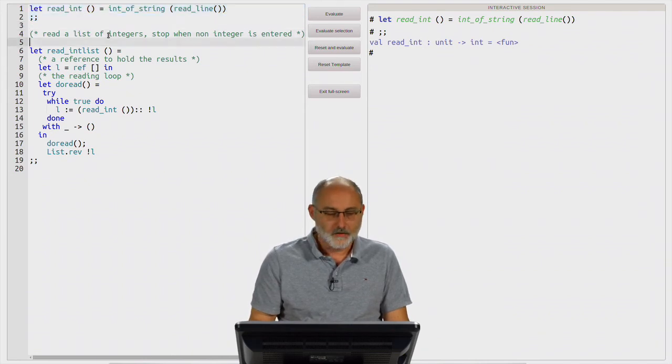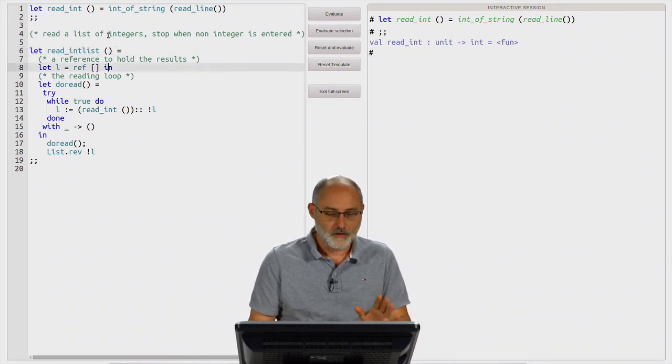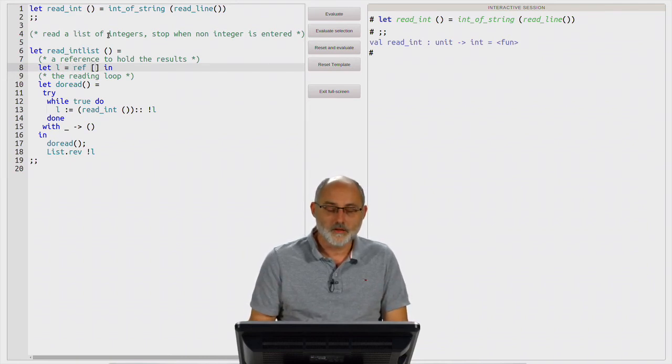Then, to write a readInt list function, doing it really in an imperative way, we use a variable, our reference, which is initialized to the empty list, and this variable will be updated in a loop, which is defined in a new function we will call doRead. This is an infinite loop, while true do, so it will never stop. And in this loop, we read an integer,